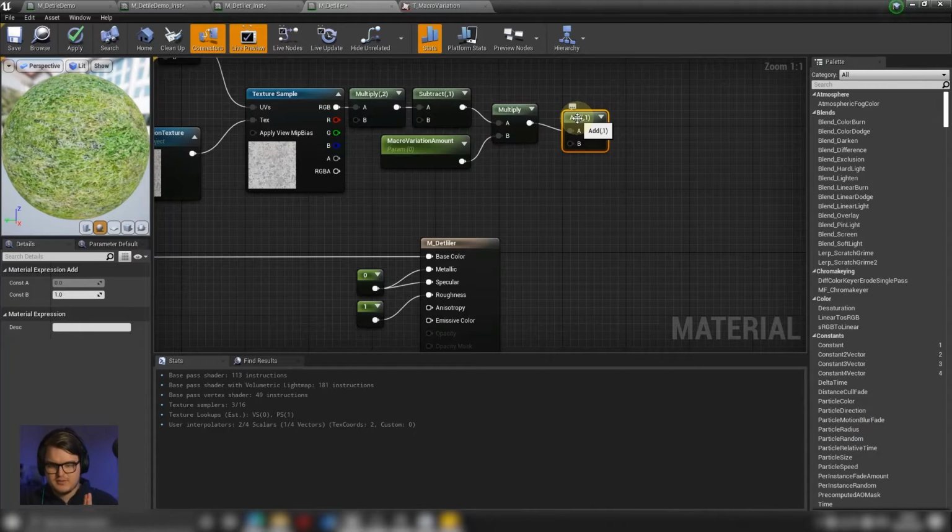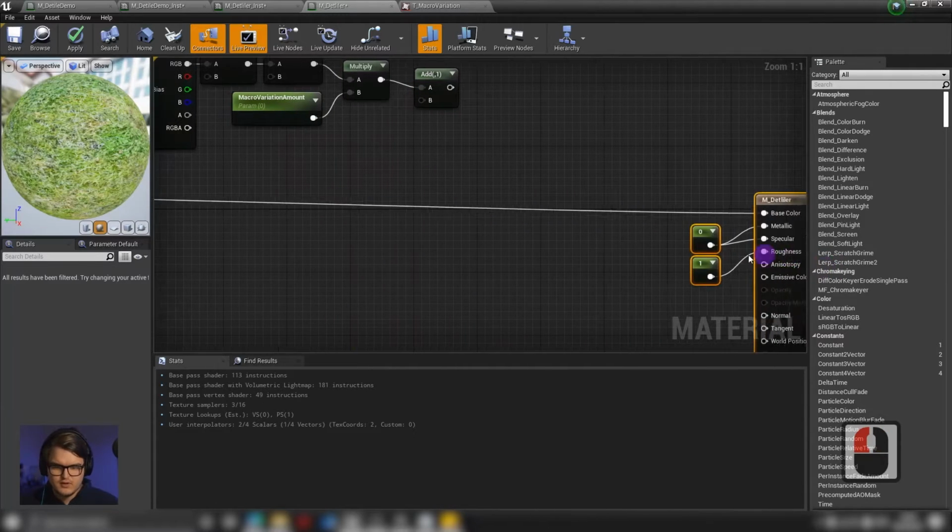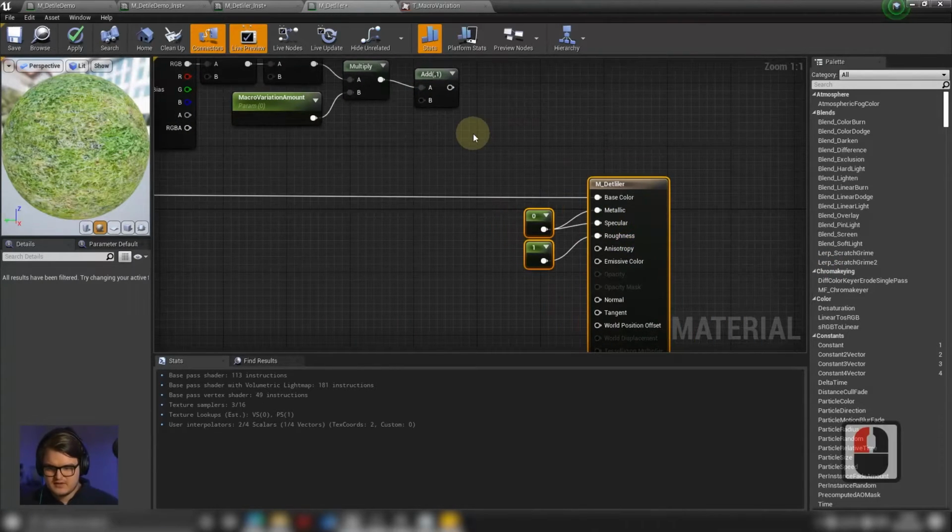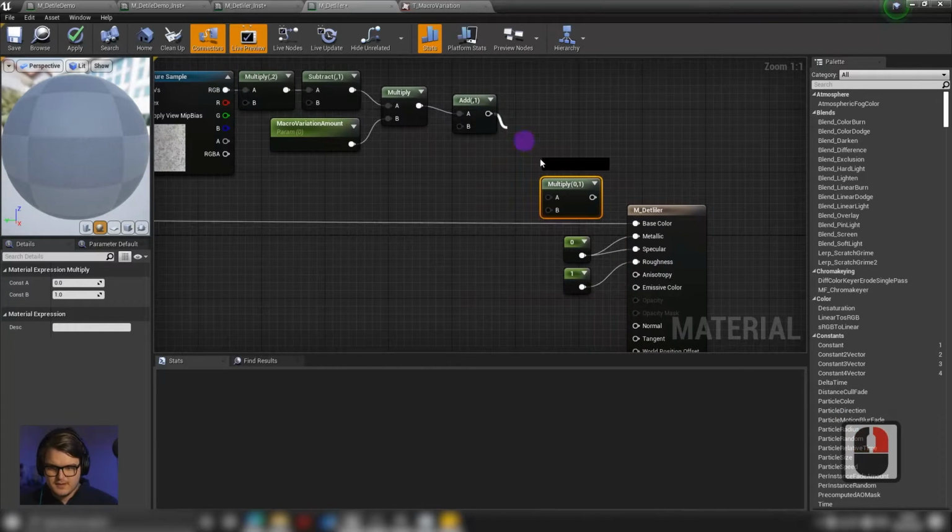So if we apply by the average 1, then there's no change. And if we apply slightly above 1, then there's a brighter change. And if we apply slightly below 1, then there's a darker change. Great, so let's do that. We will add a multiply node and multiply